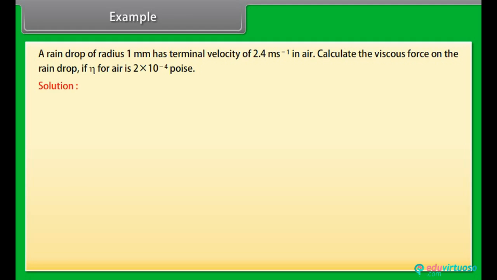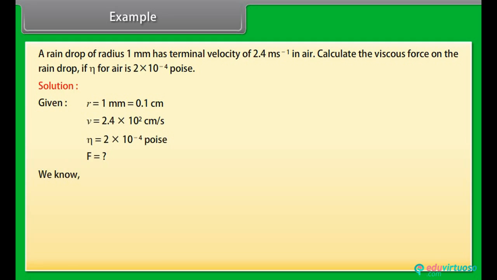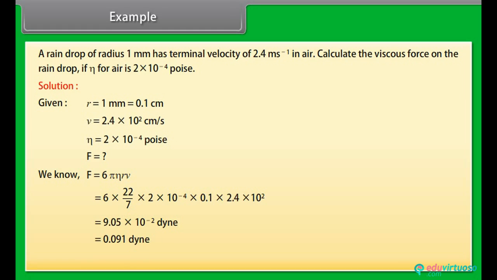Let's see the solution. Given values are r is equal to 1 millimeter, which can be written as 0.1 centimeter, v is equal to 2.4 into 10 square centimeter per second, and eta is equal to 2 into 10 raised to the power minus 4 poise. We know that F is equal to 6 pi eta r v. Putting the respective values in the above equation, on calculating we get F is equal to 9.05 into 10 raised to the power minus 2 dyne, which is equal to 0.091 dyne. Hence, the viscous force on the raindrop is